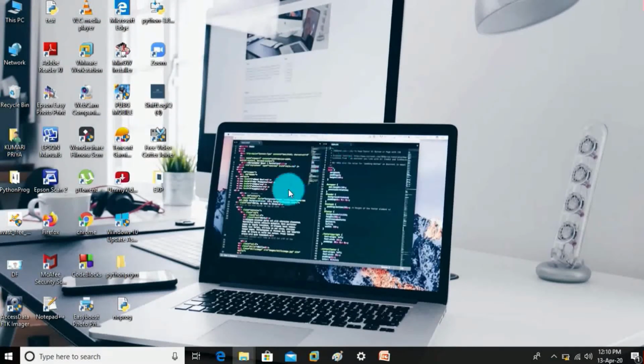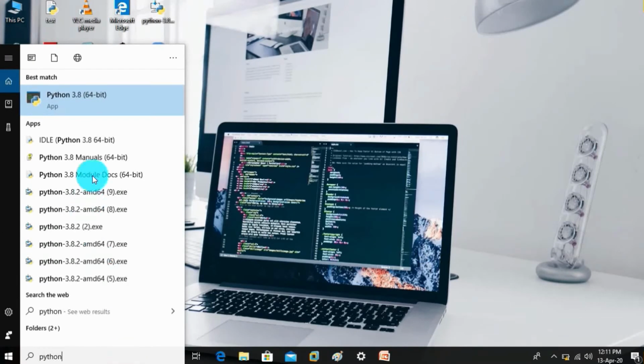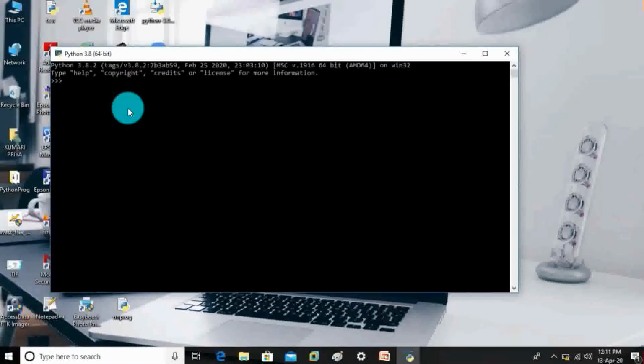Now I will try the same print statement in Python shell. To do so, you need to type Python in the search bar. As you can see, Python shell is ready for use.